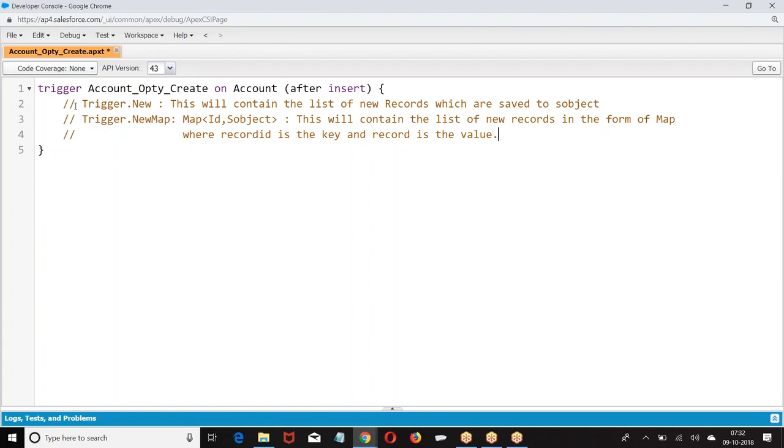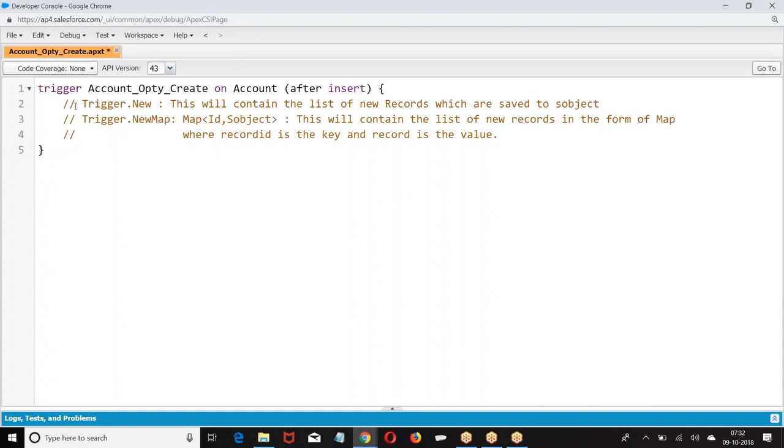Trigger.new is the list of new records which are saved. Trigger.newMap is the same list of records but stored in the form of a map, where record ID is the key and record is the value. These are the two trigger context variables which I have in after insert.